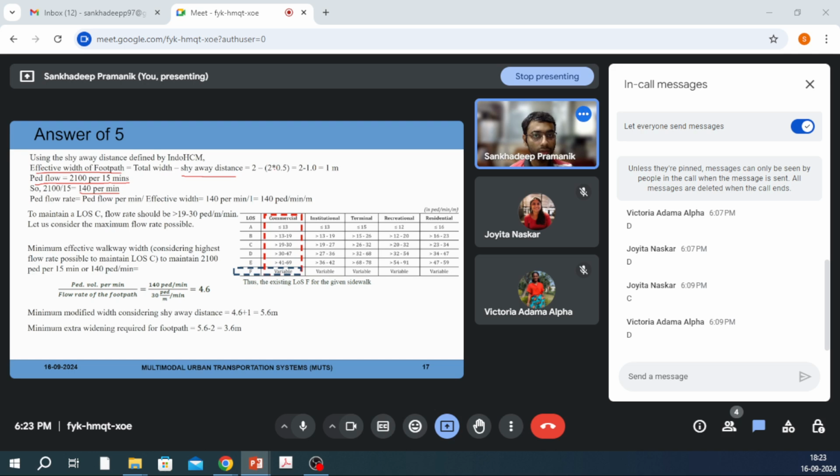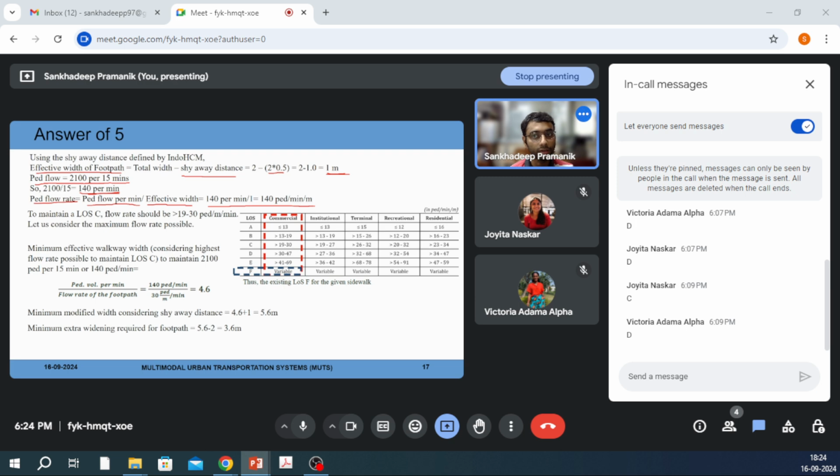So from both sides we will deduct 0.5 meter, so the effective width will be 1 meter only. So we know the pedestrian flow per minute, that is 140 per minute, and we also know the effective width of the footpath, that is 1 meter. So pedestrian flow rate will be pedestrian flow per minute by effective width, so it will come as 140 per